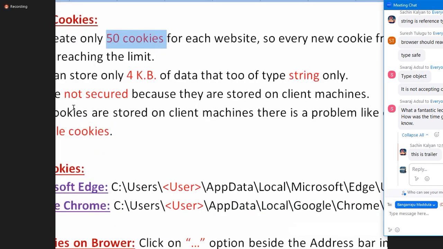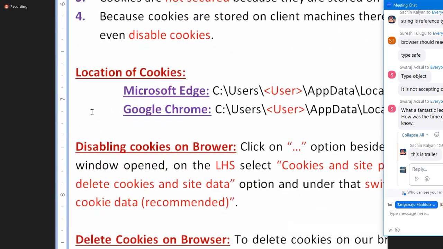Someone asked, sir, where are they stored? This is the location of your cookies, guys. If you are using Microsoft Edge, in the C drive you'll find the Users folder, then the username you logged in with. If you log in as administrator, it is administrator. I log into my computer as NIT, then that is NIT. That is the username.